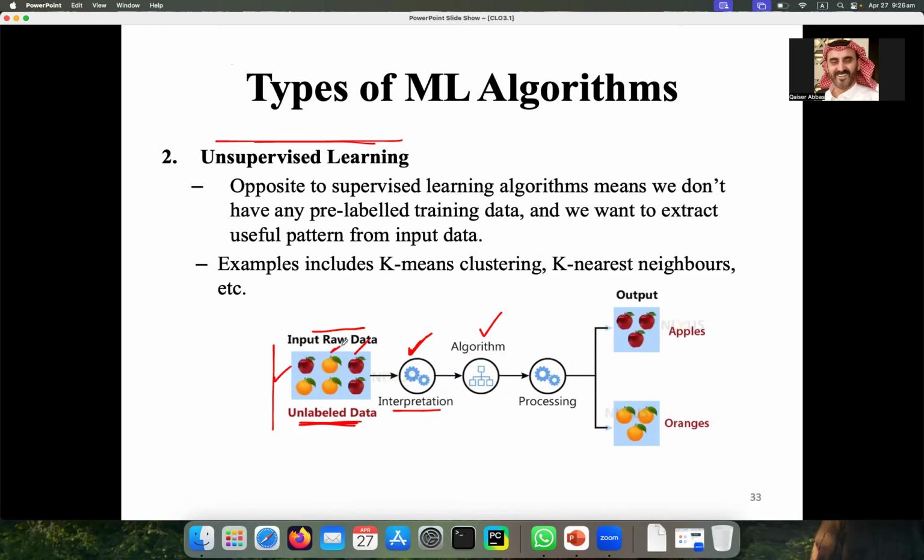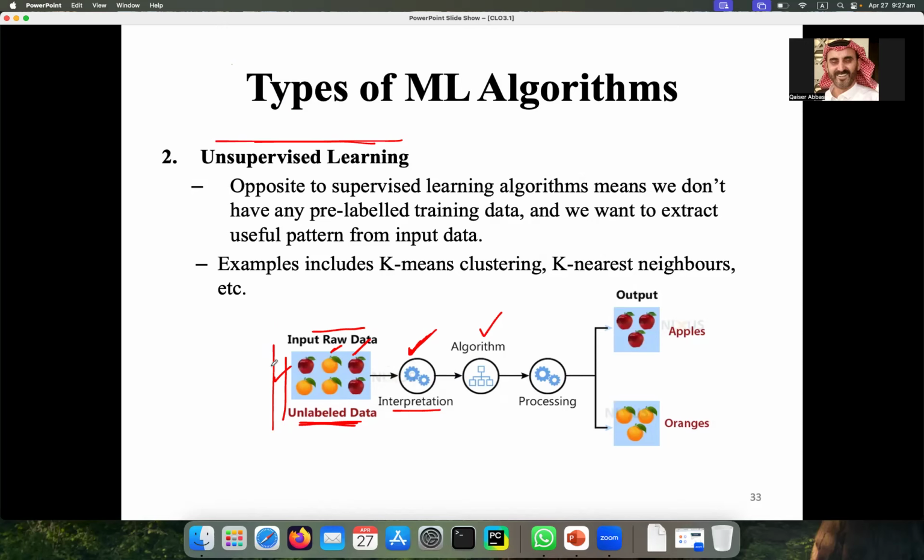Orange has a circle or rounded shape, almost a circle, you can say. So you are introducing that color, shape. These are column names. So this interpretation would be the features about the unlabeled data.